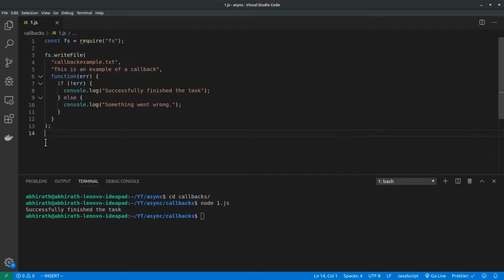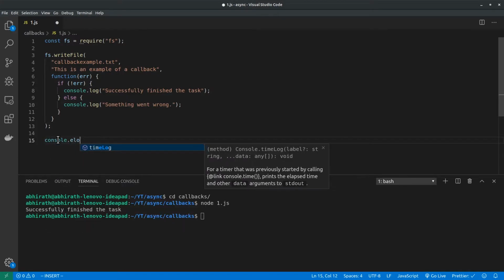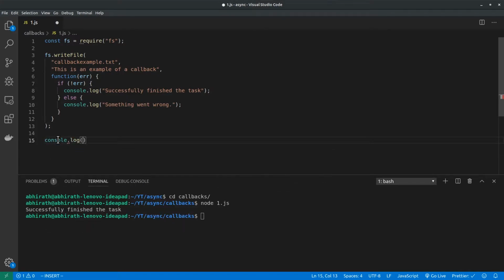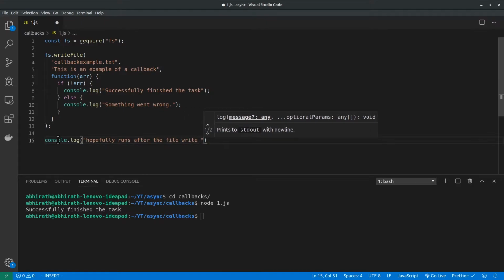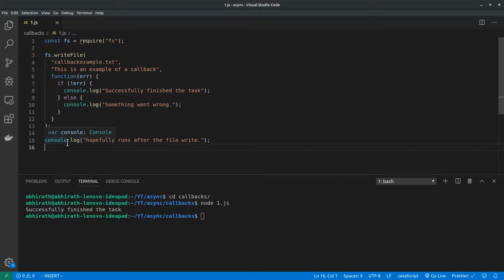Now say I put this over here, console.log hopefully runs after the file write. I want this line of code to get executed after JavaScript's friend is done with this task. So I want some guarantee in the execution order.